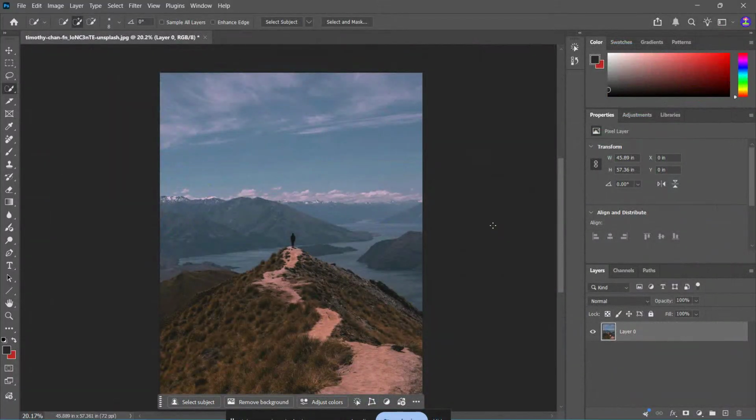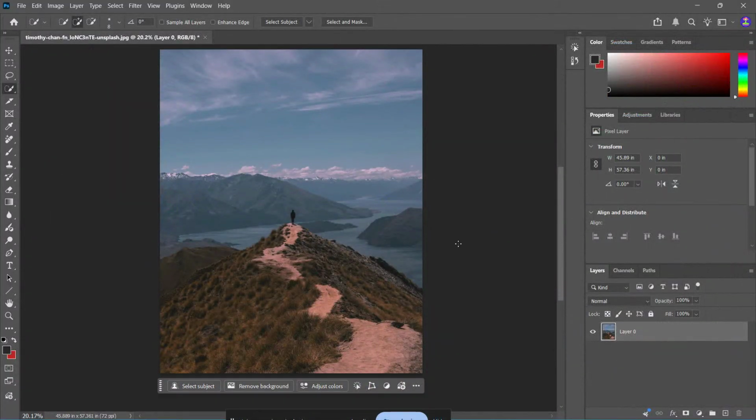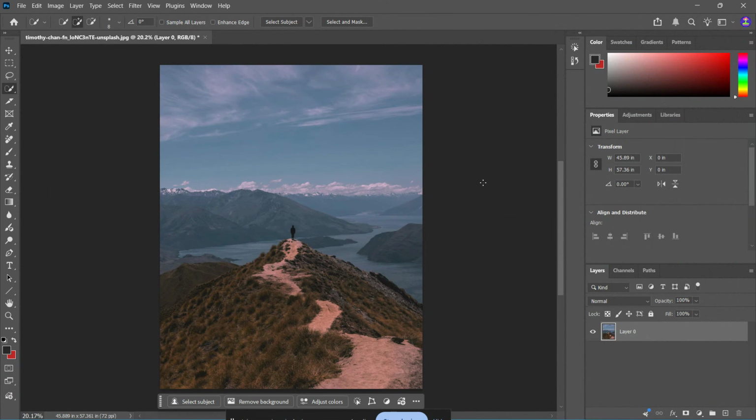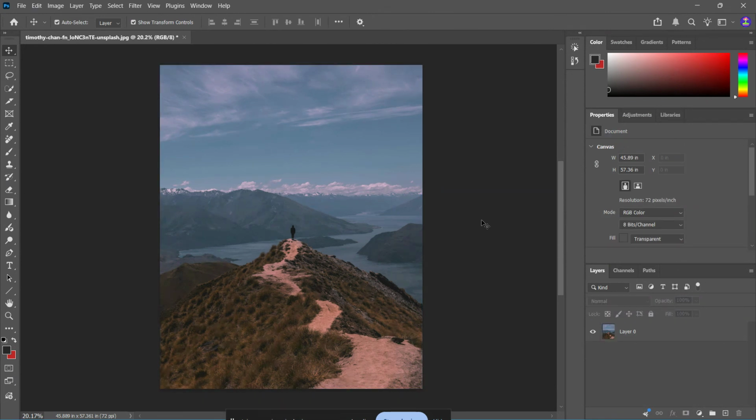Today, I'm going to show you how to distort an image in Photoshop, step by step, even if you're a complete beginner. This is a really useful technique when you want to create perspective effects, make an object look like it's receding into the distance, or just give your design a more dramatic and stylized look. And the best part is, once you learn this, you can use it on photos, graphics, mockups, and all kinds